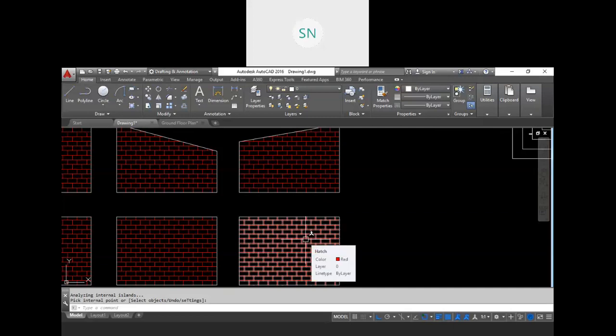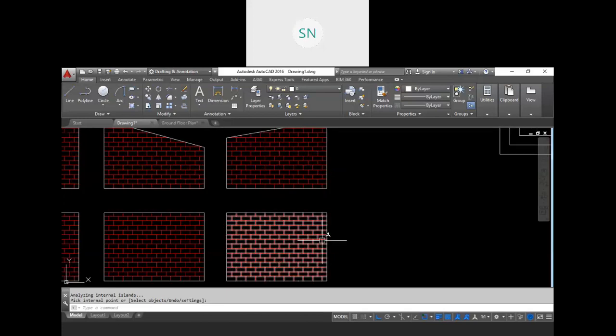And what is annotative? In AutoCAD, there are mainly four objects that carry these annotation facilities, and I will show you which they are. But first of all, let me discuss annotation.